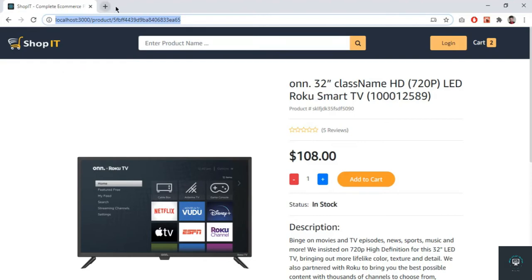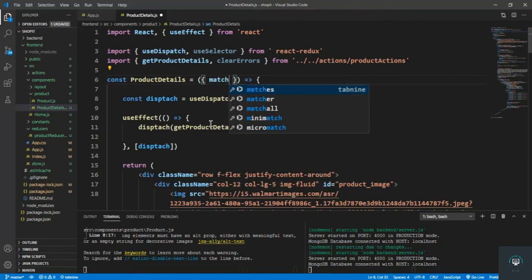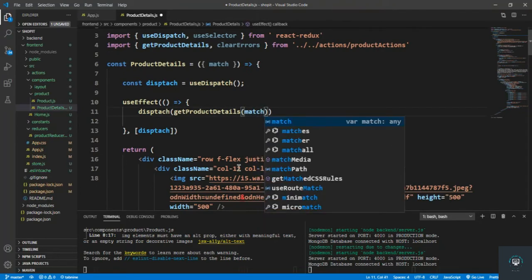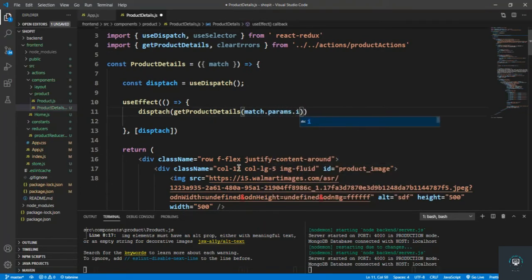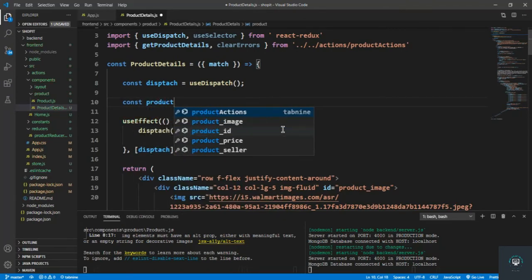So on the front end we have this match, then the params. What is the param? This is the param, which is the ID. Okay, so we have to bring in the match from the props. So simply destructure it from here in the parameters, match, and I simply pass in here match.params.id. Okay, and then we simply have to bring in, so const product,